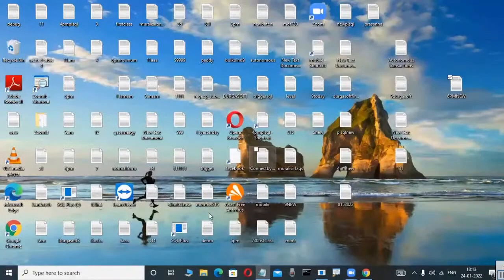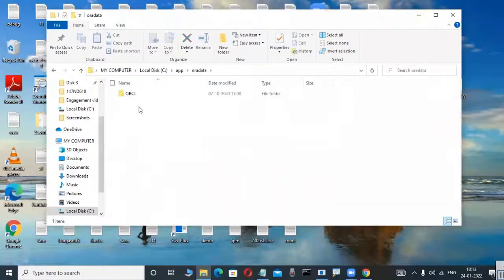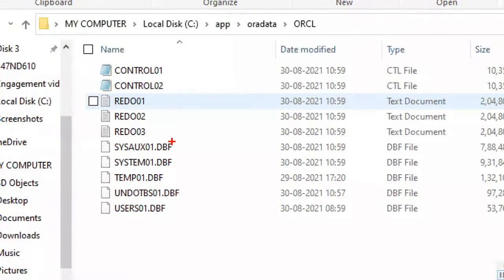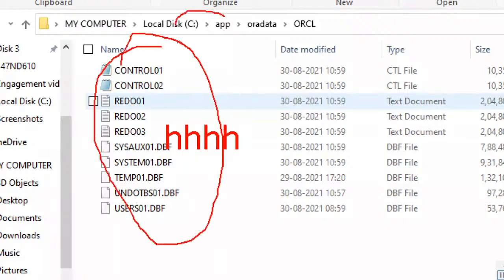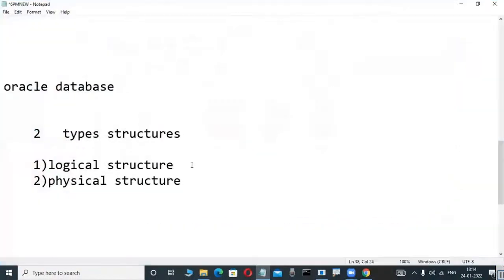I install Oracle on my system, how you install Oracle we will learn in the next classes, don't worry. Now in this C drive, your table is not available. Whatever table I create is not visible in the C drive or D drive. That's why a logical structure means a structure which is not visible